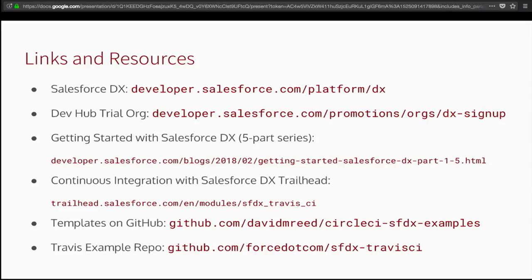I'm not going to try to make a case that if you have a working CI process using sandboxes, you should throw it all away and switch. I wouldn't make that case. But if you're setting up a new CI process, I think it's well worth your while to go with the DX route if you're able to do so. And one of the big challenges that people have found in adopting Salesforce DX, as the other half of your question points to, is that big orgs that have a lot of existing customization have a more challenging adoption path on DX than orgs that are starting fresh with this development tool chain.